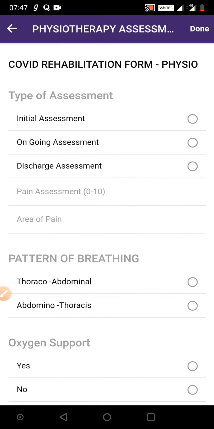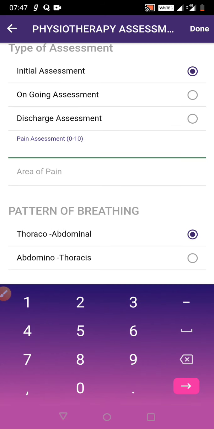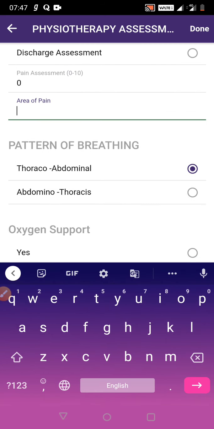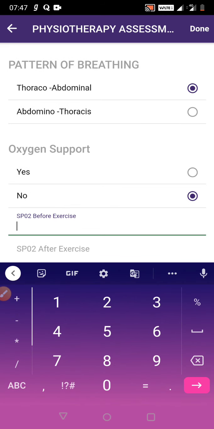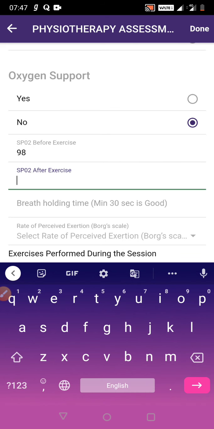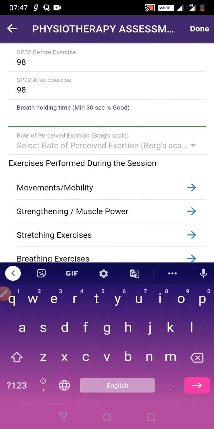You just need to fill the form. Say initial assessment, pain, you just need to enter all the details.